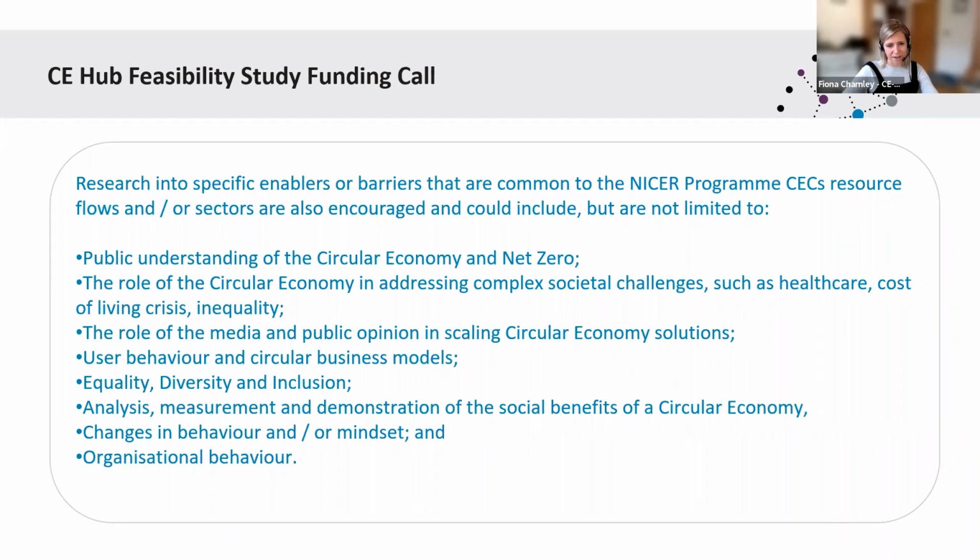So listed on this slide are some of the topics that we are interested in funding studies in, but we're not limited to these. So anything really that looks at the adoption of the circular economy, but from more of a broader societal perspective. So it could be that you were interested in looking at the public understanding of circular economy and net zero, the role of the circular economy in addressing complex societal challenges, such as healthcare or the cost of living crisis, the role of the media, for example, and public opinion, and how that can enable the scaling of